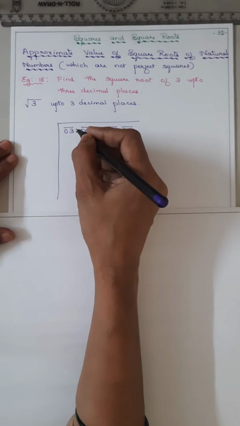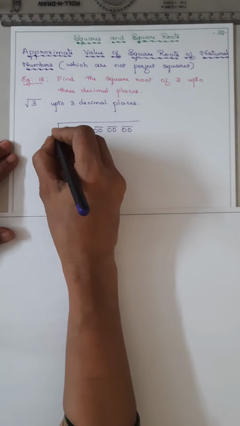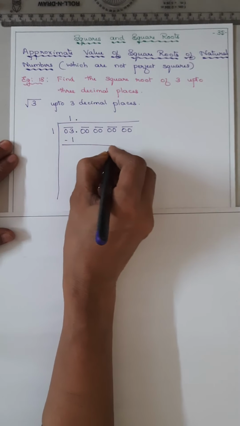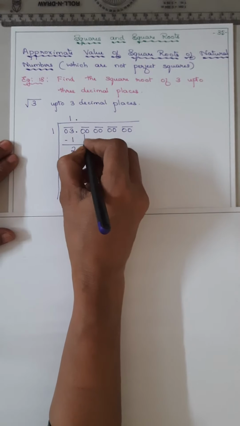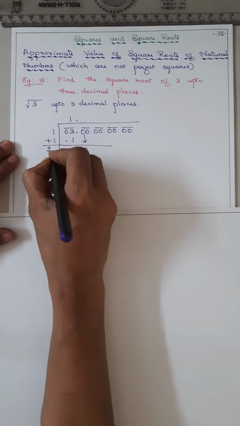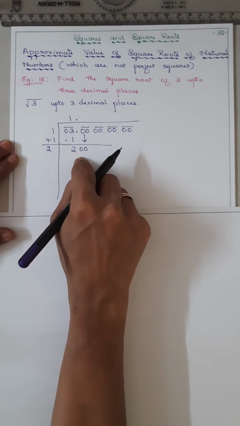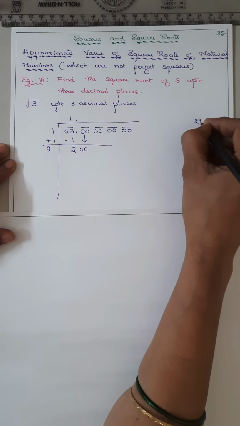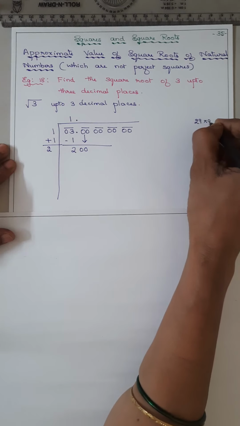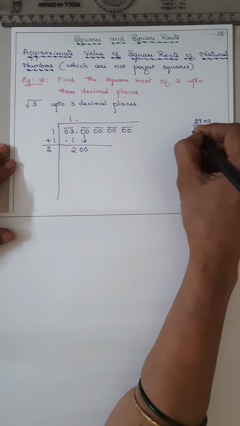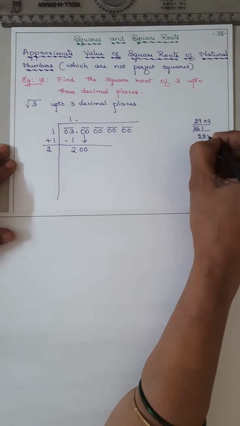Now 3 means 2 2s are 4, so we have to put 1 and put the decimal place. 1 1s are 1. 3 minus 1 is 2. Bring these 2 zeros down. Now add 1, you will get 2. 2 how much are 20? Means 2, you have to put 9, isn't it? So calculate. 9 9s are 81. 9 2s are 18, 19, 20 and 26. So it is bigger.